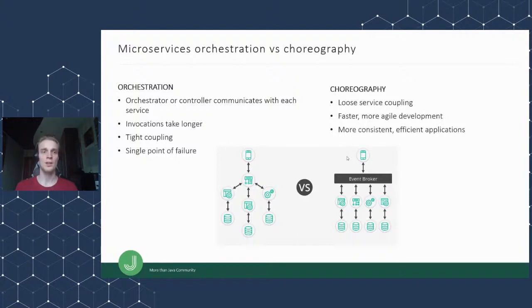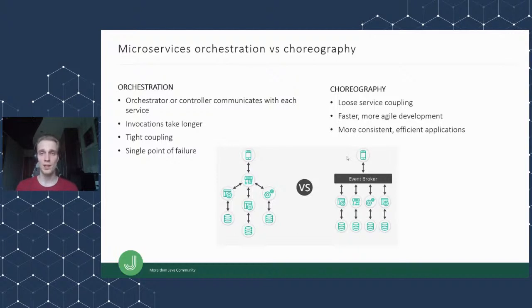So orchestration uses an orchestrator or controller that communicates with each service. The invocation of each service takes longer because requests should be passed to this orchestrator, and this orchestrator will call the service you need. We'll have a tight coupling of microservices in that way and a single point of failure, because if our orchestrator fails and stops working, then all our little microservices won't be able to connect